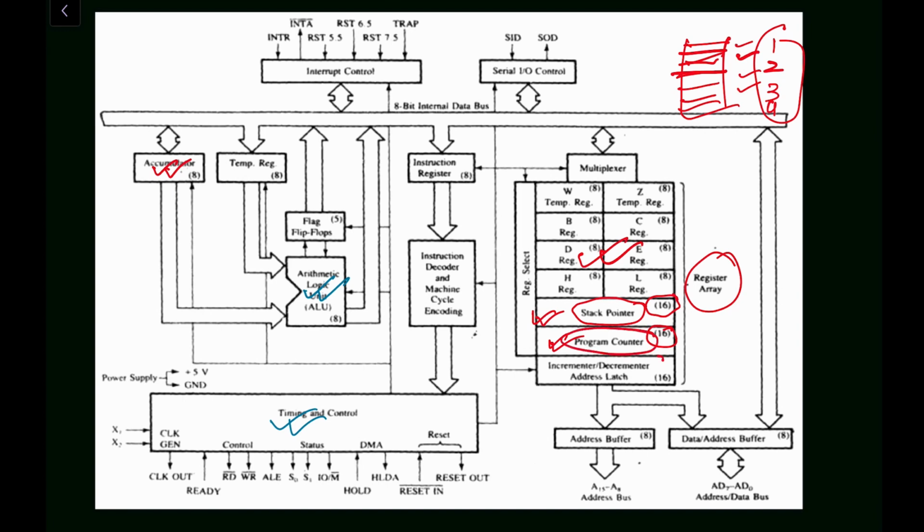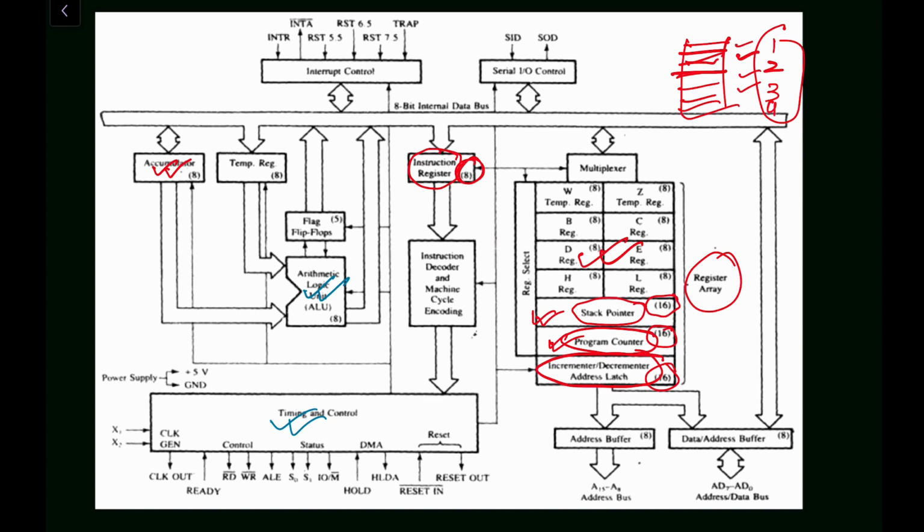We have the incrementer/decrementer latch. It is a latch because sometimes we have to increment and sometimes we have to decrement, so it will latch or lock the increment or decrement. And we have another register, the instruction register. Here you can see this is the instruction register and it is 8 bits long. It is also connected to the timing and control unit. You can see here the line to which it is connected. You have to understand that the timing and control unit is used for all the operations.